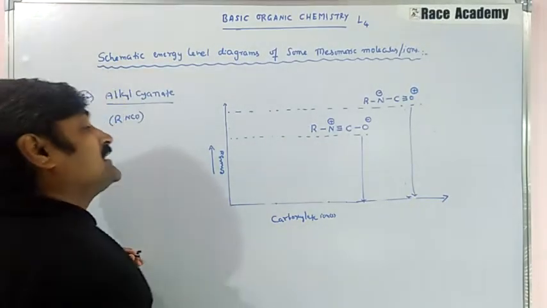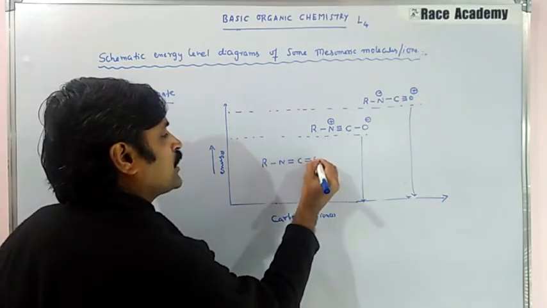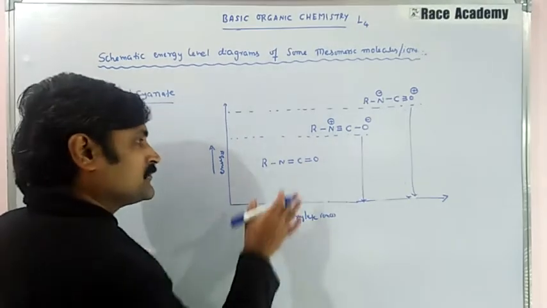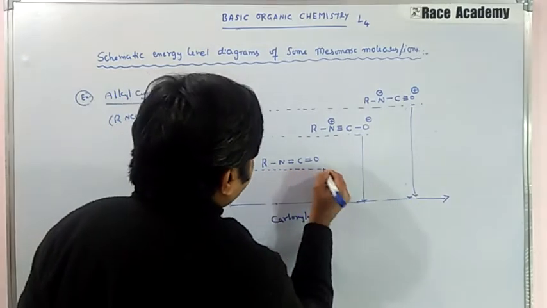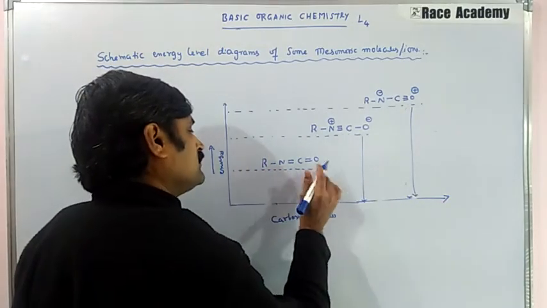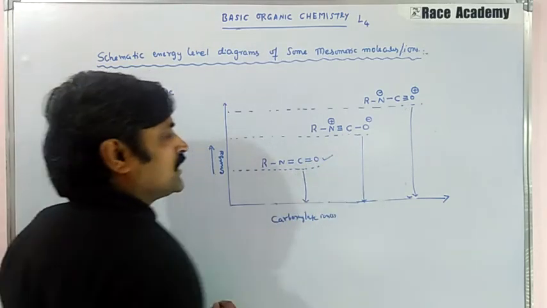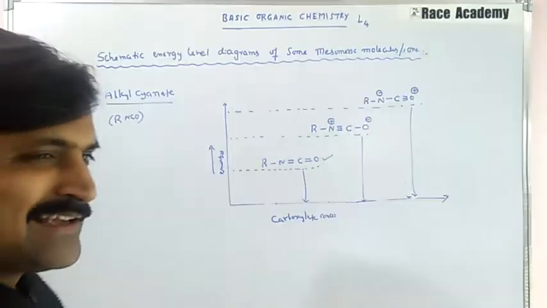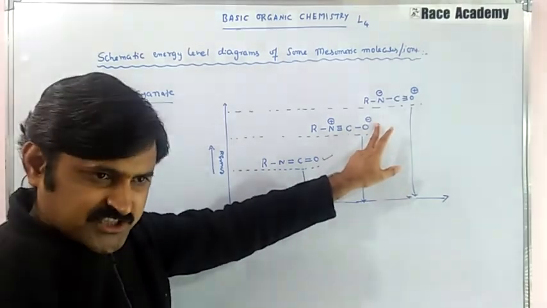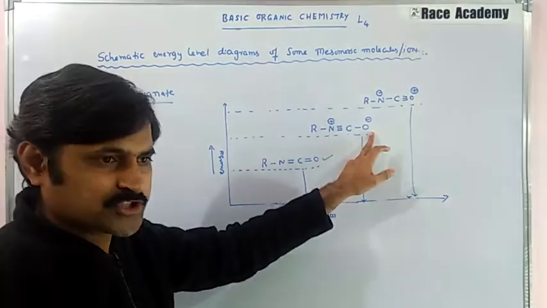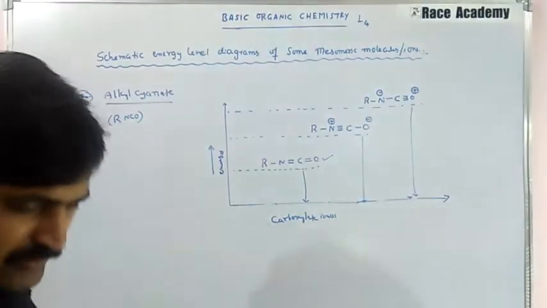But what is the other structure we can write? That is RN double bond C double bond O, like carbon dioxide, how we wrote it. This one has very little energy because there is no charge separation. Every atom is stable in this structure, so this is said to be the more stable structure. That means a negative charge on the more electronegative oxygen makes this structure more stable compared to the other one. Okay, that is our example.